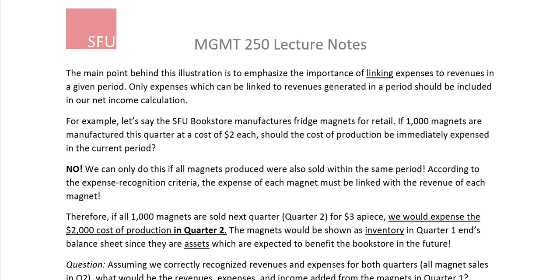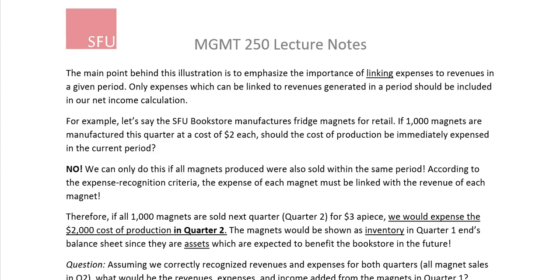For example, let's say that SFU Bookstore manufactures fridge magnets for retail. If 1,000 magnets are manufactured this quarter at a cost of $2 each, should the cost of production be immediately expensed in the current period? The answer is no. We can only do this if all magnets produced were also sold